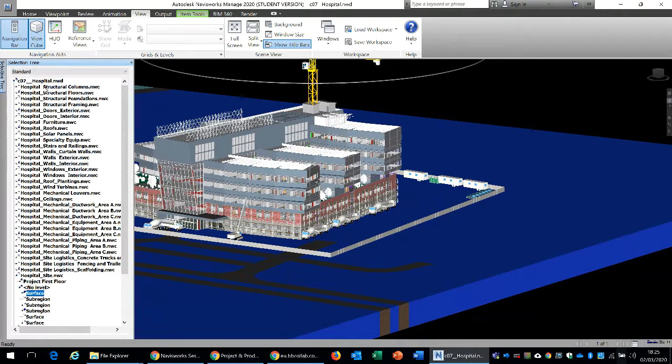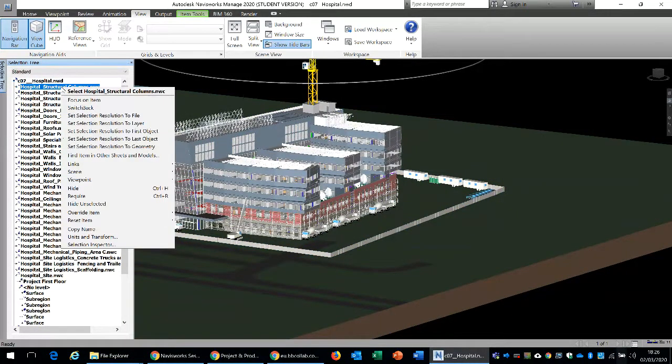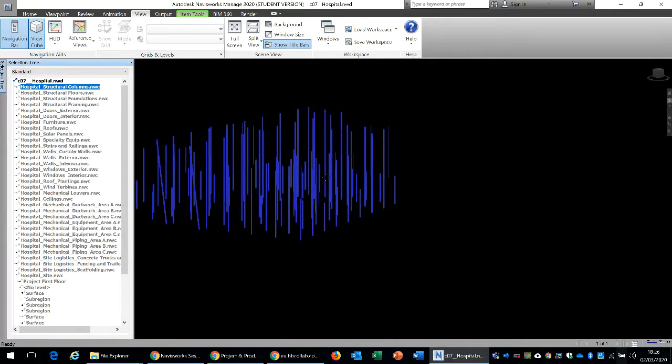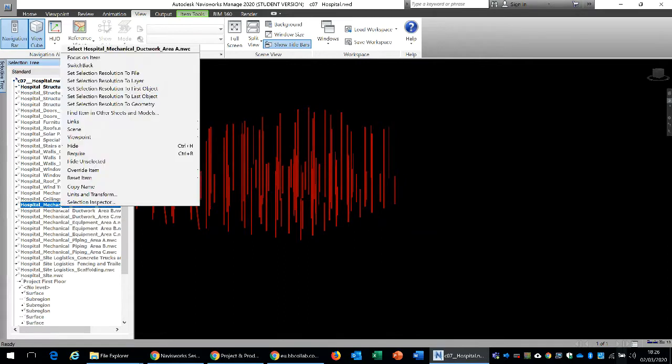So if we look at the data set on the selection tree, we could see that it had details such as structural columns, structure floors, foundation. So the work of a lot of different contractors, subcontractors, engineers has been brought together within this model. If we want to preview any details in isolation, for instance, I want to preview structural columns, I can do a right click and hide the unselected, and that would show me the scope of the work involved within the structural columns. Or if we just want to have a look at the mechanical ductwork,